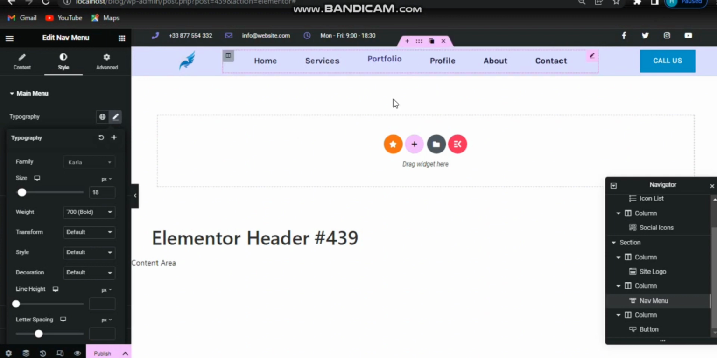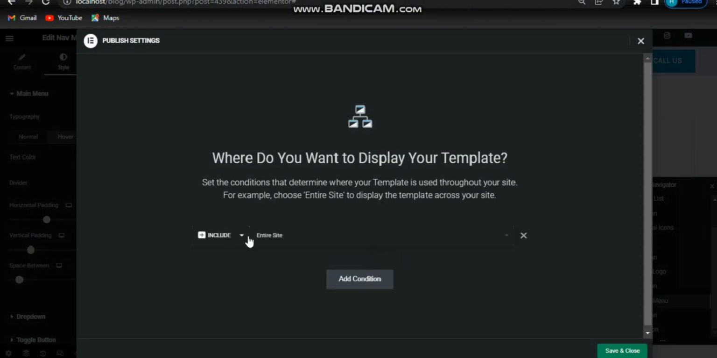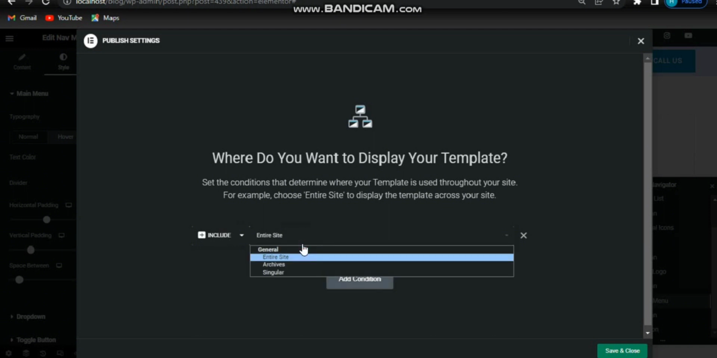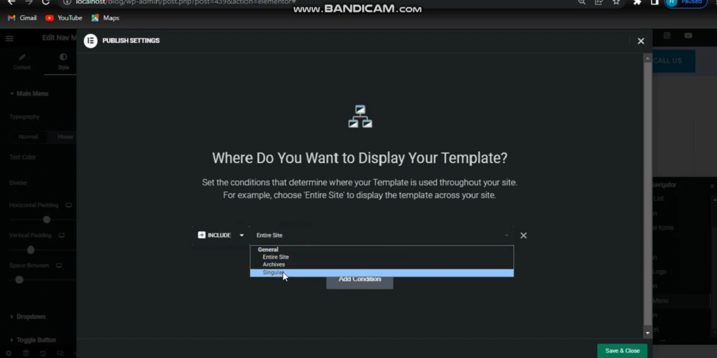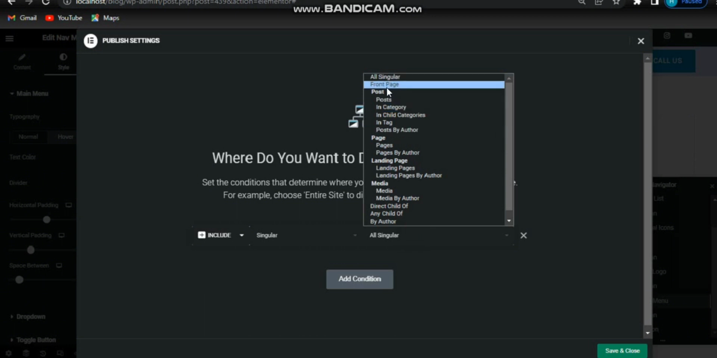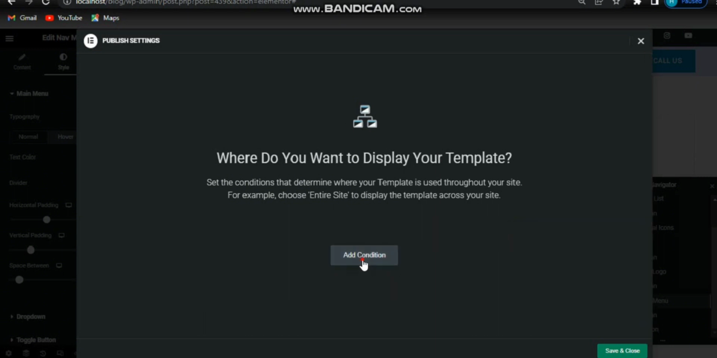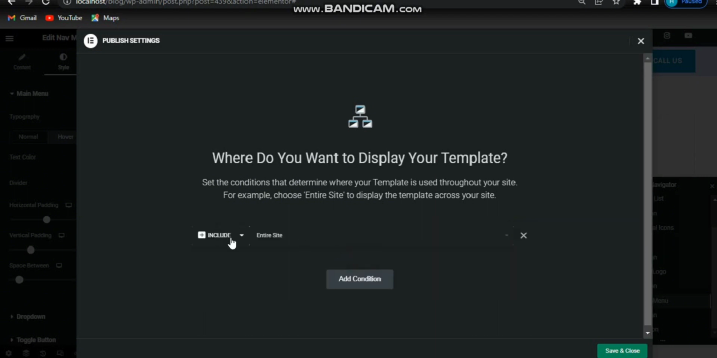After you are satisfied with that, click here on publish and give it a condition, and automatically it just selects include entire site. It means that your header will be visible to your entire site. If you do not want to show your header to the entire site, you can select these options from here. Like if you want to display your header on any singular page, select singular and select the page that you want to show your header on, like the front page. But I do not want to do that. I want to show my header to my entire site, so I select include entire site and click on save